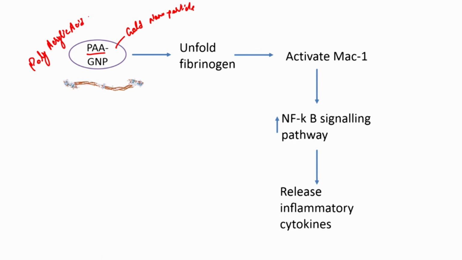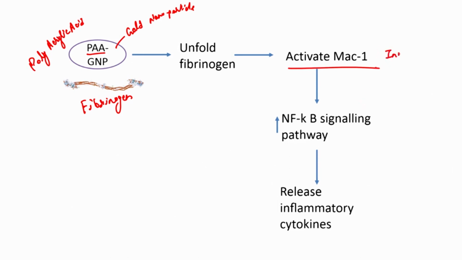So, they have coated the gold with polyacrylic acid, and then they have incubated this with a protein called fibrinogen. It is a very widely available protein, found in quite an abundant amount in our serum as well. And what they have shown in this paper is once this adsorption happens, it activates MAC1